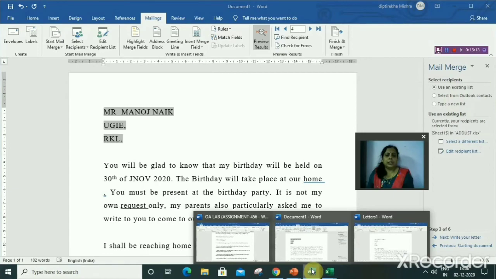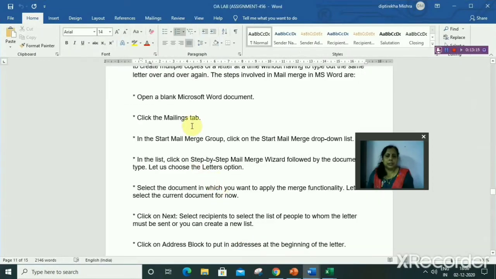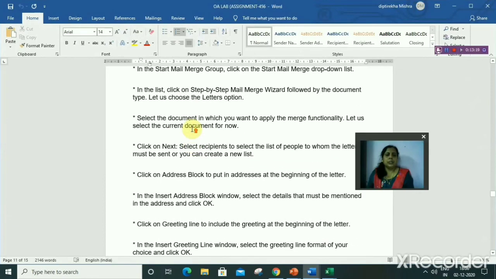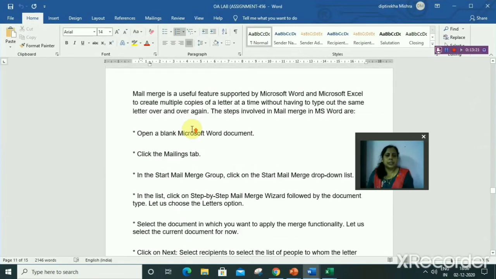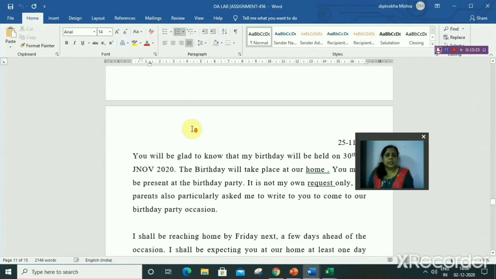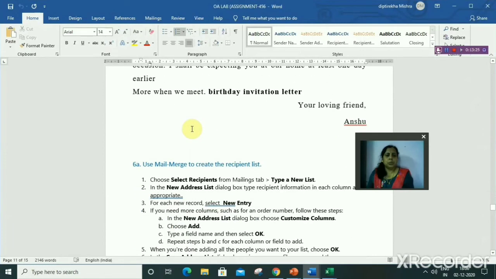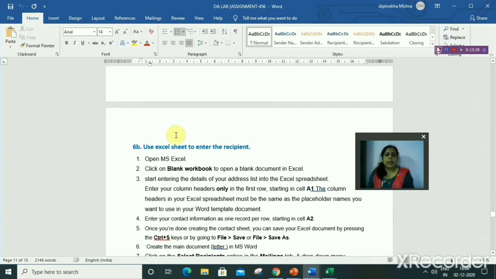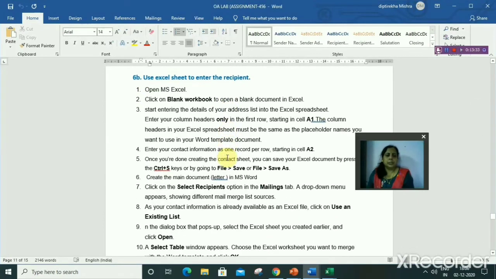So I have written all the steps. Okay, so just write down the steps. Write down the steps and the output. Use mail merge to create recipient list, and use Excel sheet to enter the recipient list.